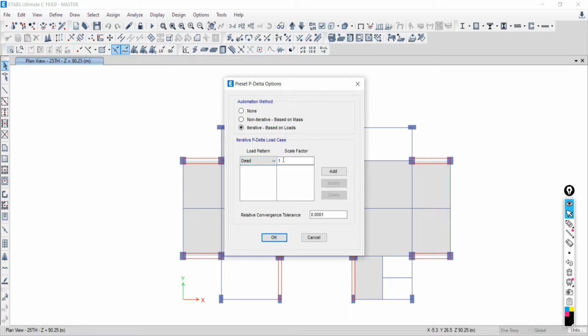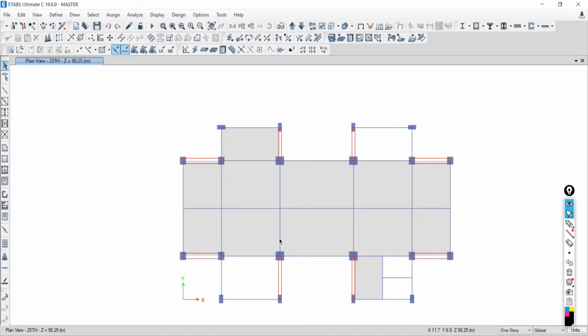For dead, the scale factor will be 1.2; just say add. For live it will be 1.2, and for SIDL it will be 1.2. Change the scale factor to 1.2, 1.2, and make it iterative based loads. Say okay. This is the way you can consider the P delta effect on your structure. It is a secondary effect. Remember this point.